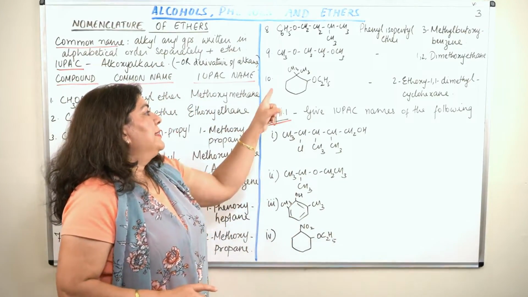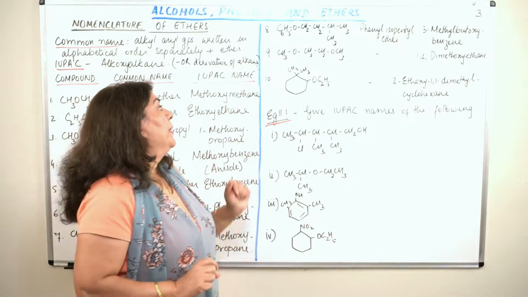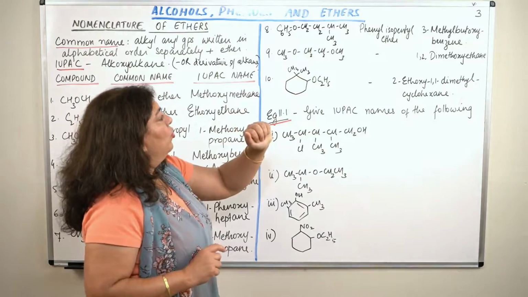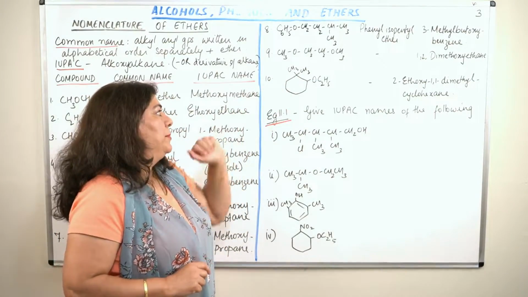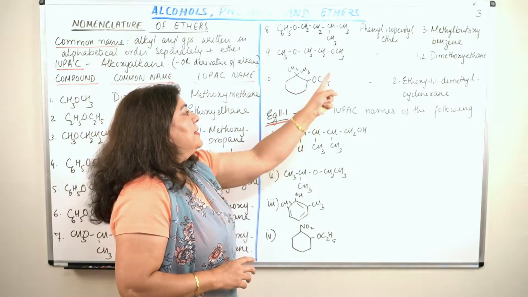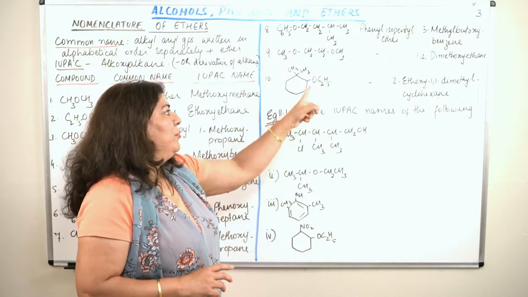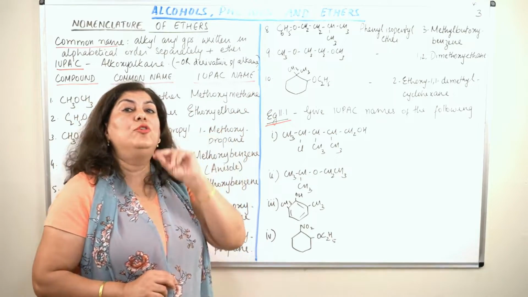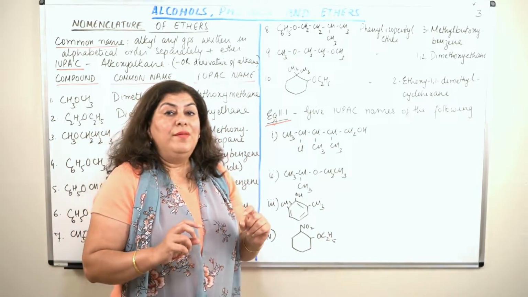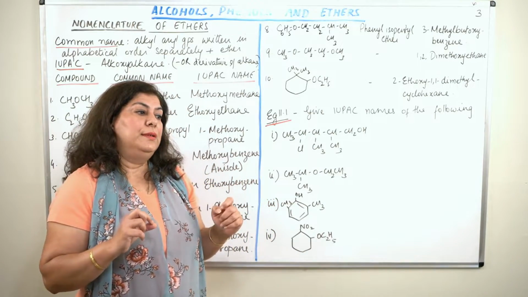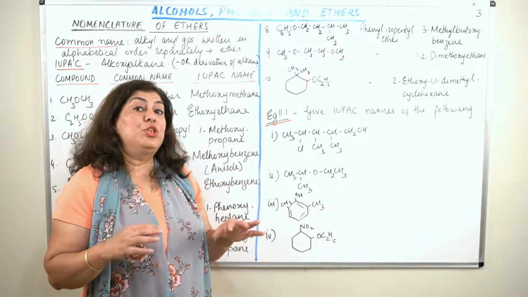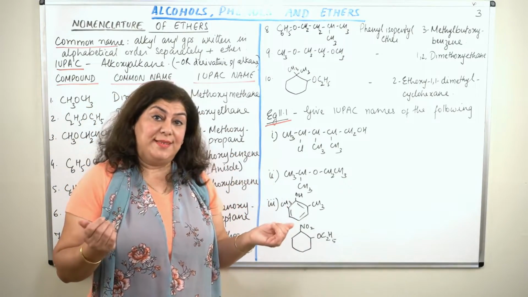Alright, so let us now come to this 10th compound. In the 10th compound, take a look. This is cyclohexane. It has got 6 carbons. 6 corners, so 6 carbons. This is ethoxy, C2H5O, and these 2 are methyl groups. In IUPAC nomenclature, when we write down the names, substituents are always written as prefixes,